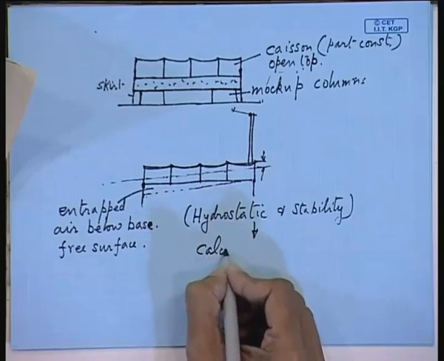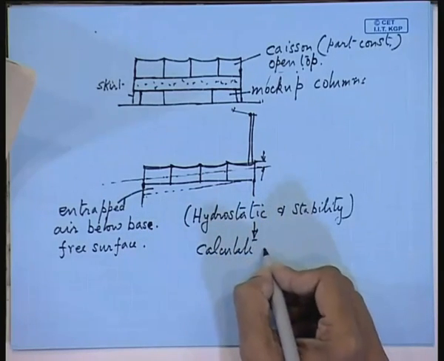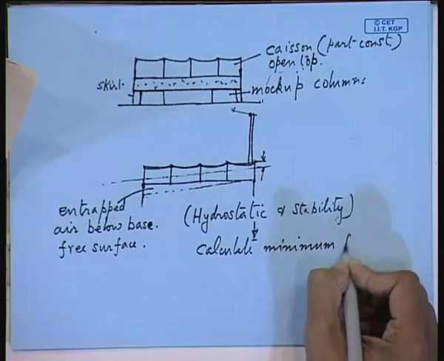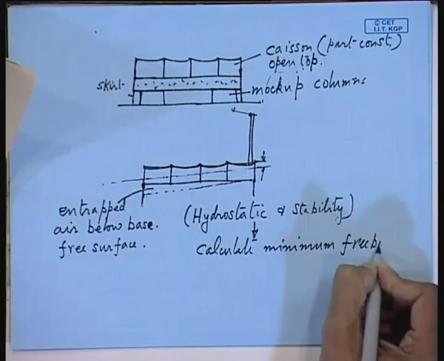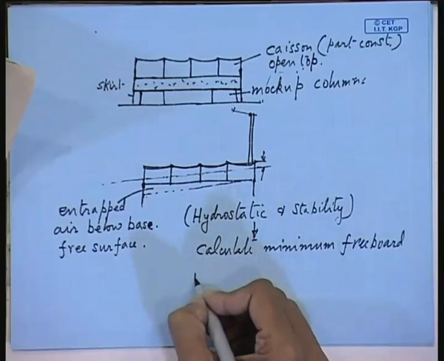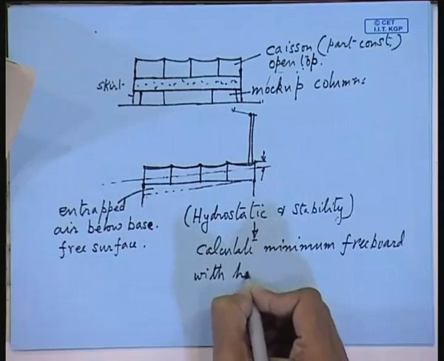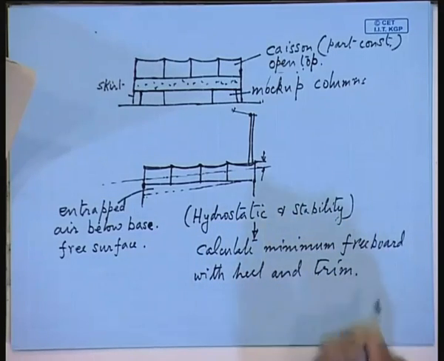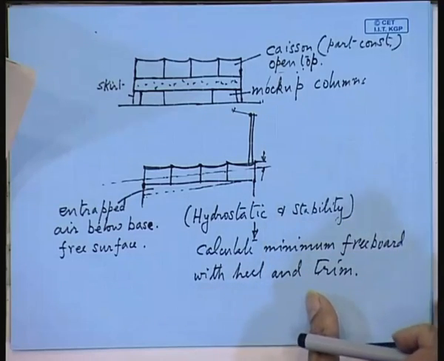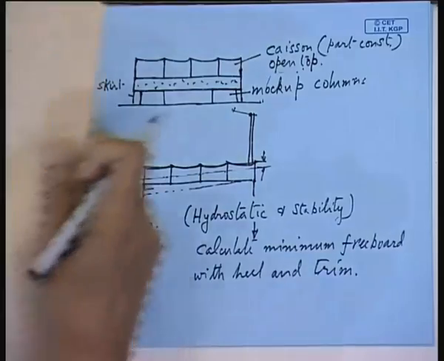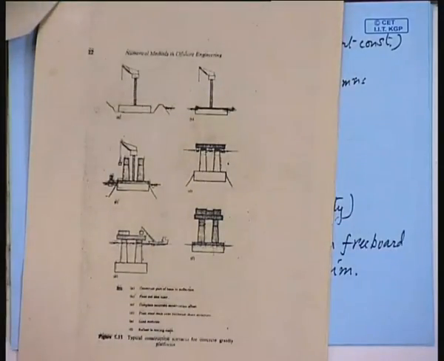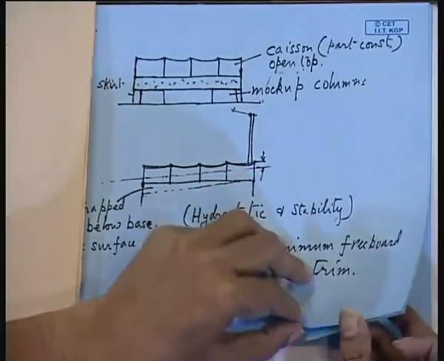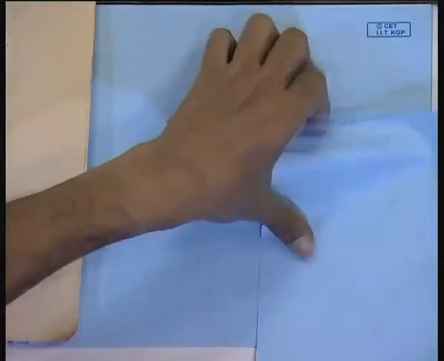Calculate minimum freeboard with heel and trim. So that is your job. Follow. Now after this is done, you start building the structure. Now here the first thing that you do is that you are not having sufficient freeboard. So that is, you start